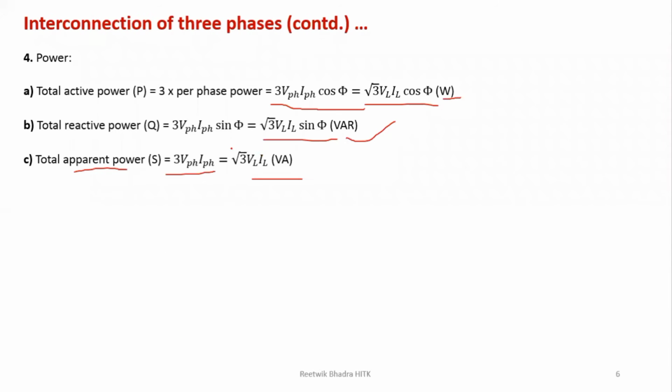Sir, repeat the definition of apparent power. Apparent power is just the phasor sum of your P and Q. You may have done this in single phase. It is basically the phasor sum of your P and Q, or the total RMS power of a system. If you consider single phase, you write VRMS, IRMS. In three phase, you do three times that, so 3 VI. So it is three times the RMS power of the system.